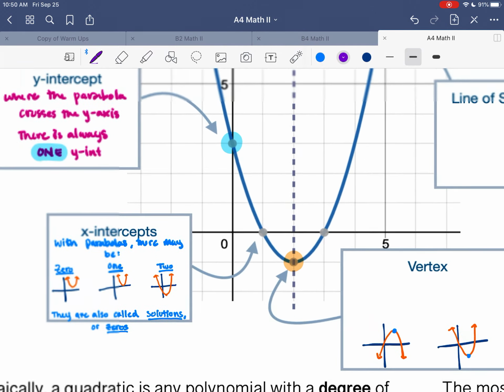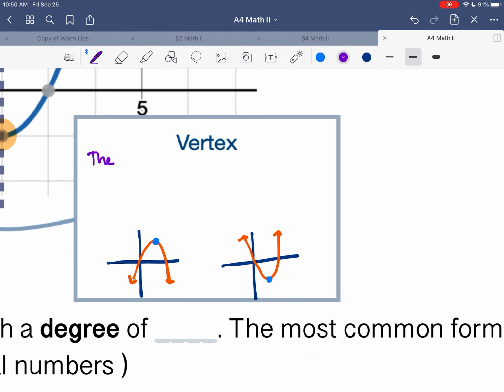Did I already use purple? No, I used pink. Okay, so the vertex